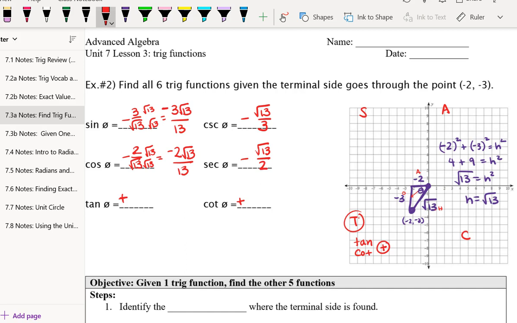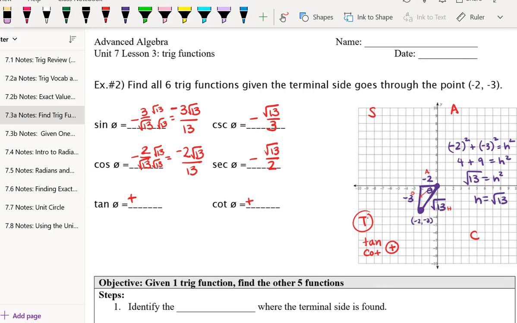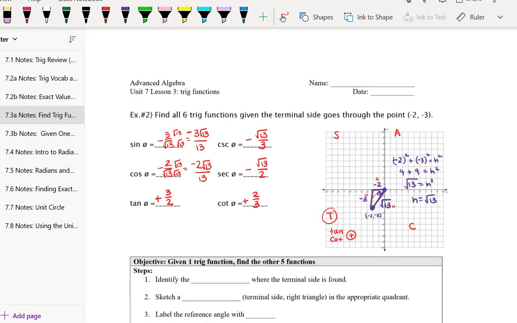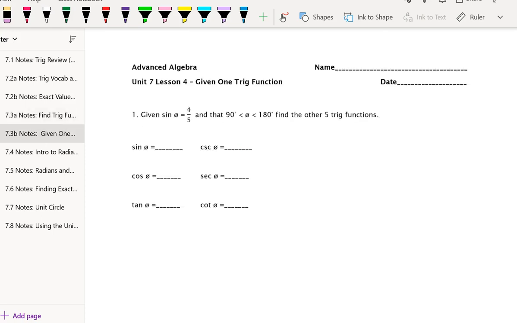Tangent, opposite over adjacent. So now we have a -3 divided by a -2. That's where we get our positive. So even though I have a negative over a negative, a negative over a negative is a positive. So we get 3 over 2. And reciprocate that, we get 2/3 for cotangent. Okay? All right. So that actually is kind of where part 1 ends, because the 7.3b we're going to do